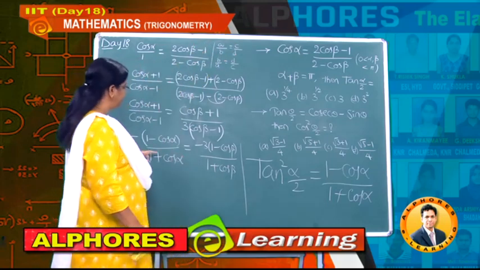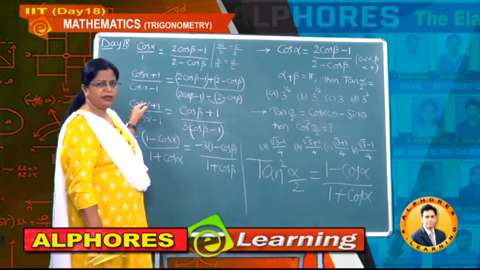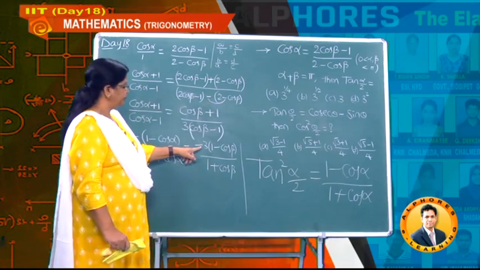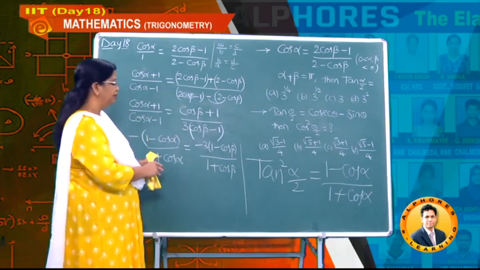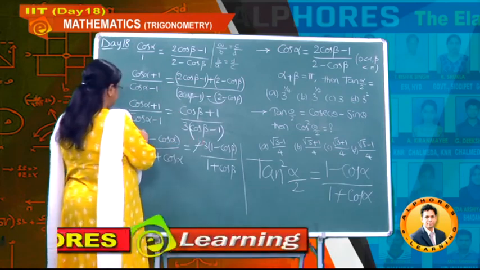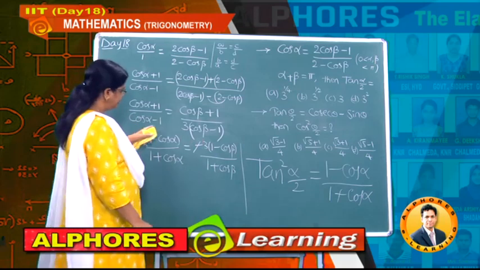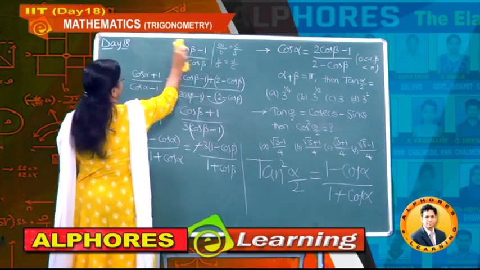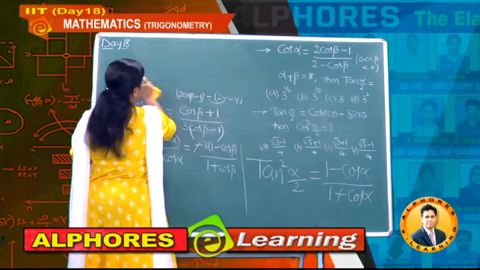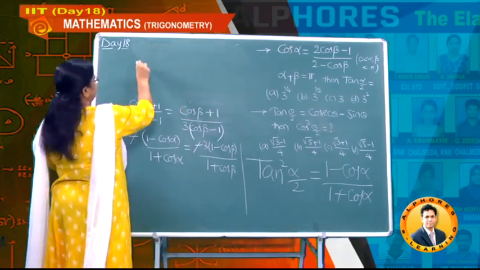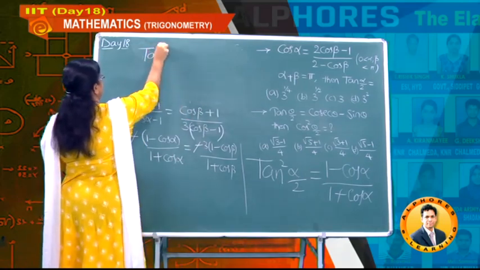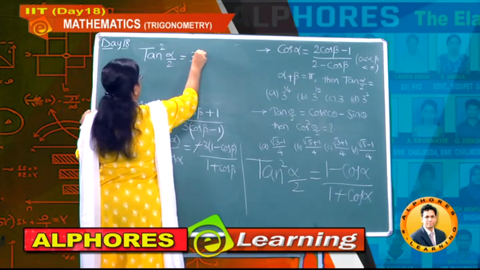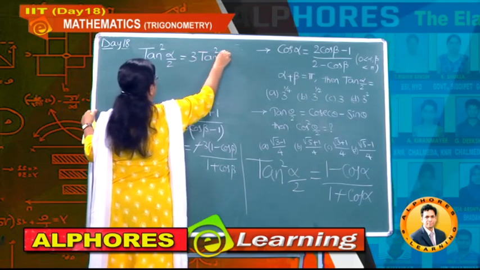So that step I have used here: (cos alpha minus 1) by (cos alpha plus 1), the entire value divided by this one. At the same time we took the minus also common. Now let us cancel this minus symbol, understand. Then what is the entire left hand side, students? It is nothing but that formula, tan square alpha by 2. And now the RHS side is 3 times tan square beta by 2. Okay students, got the point here?